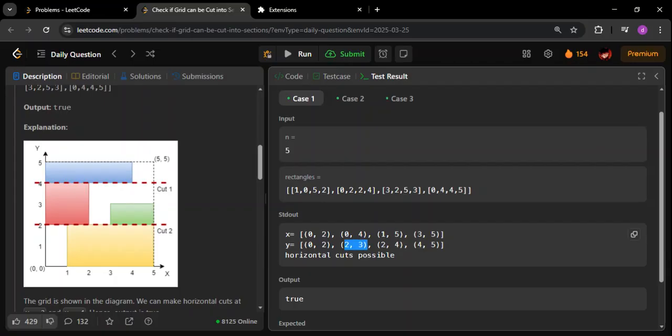The green color rectangle is between y equal to 2 and y equal to 3. And similarly, the last rectangle, the yellow, is between y equal to 0 and y equal to 2. Okay, and so on. So the idea here is, when I talk about y's,